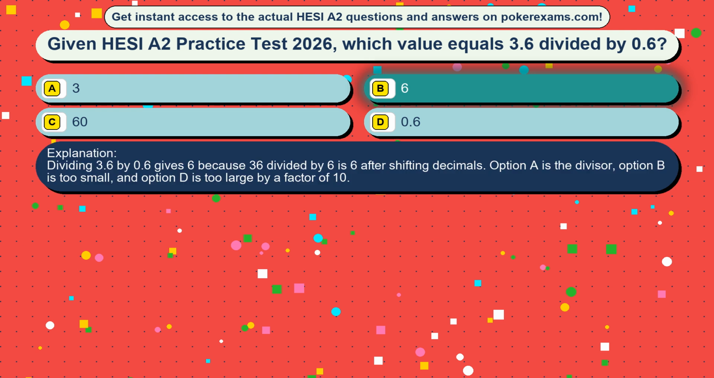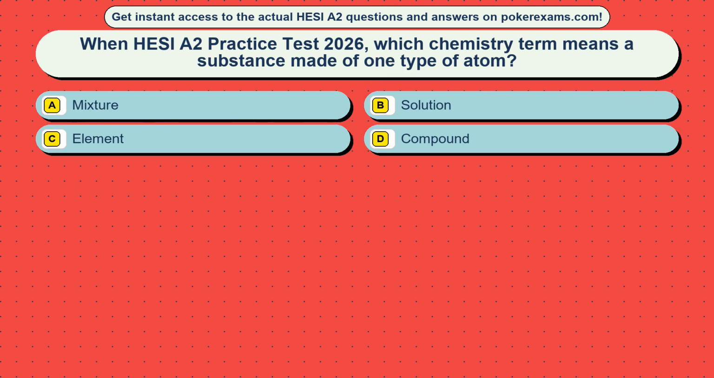Dividing 3.6 by 0.6 gives 6 because 36 divided by 6 is 6 after shifting decimals. Option A is the divisor, option B is too small, and option D is too large by a factor of 10. Question 39. When HESI A2 Practice Test 2026, which chemistry term means a substance made of one type of